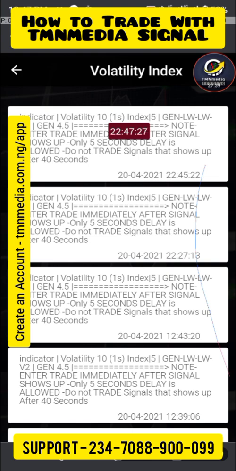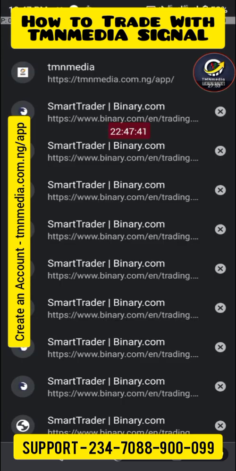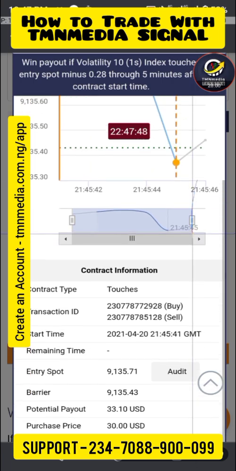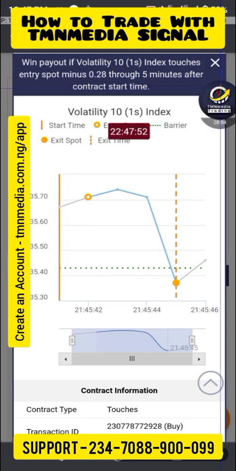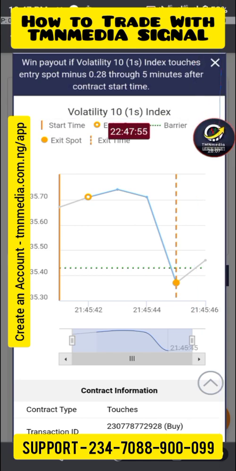Okay, the one I'm seeing here is 10:45. So I don't know if it's over 2 minutes already, but let's see if we could get another signal to trade. I have 1 2 4 6. Okay, this should be 10x. Okay, 45 41. The next one we are going to do, I'll try to be sure to see the time